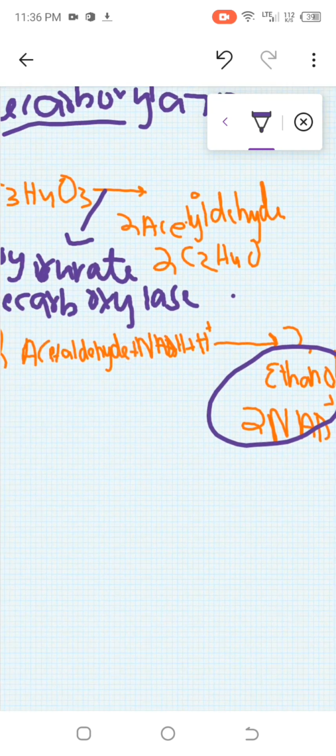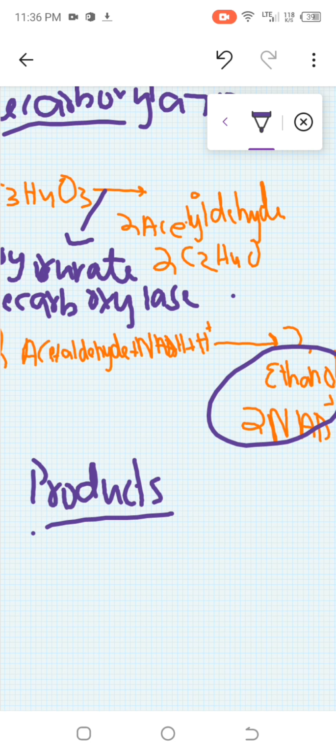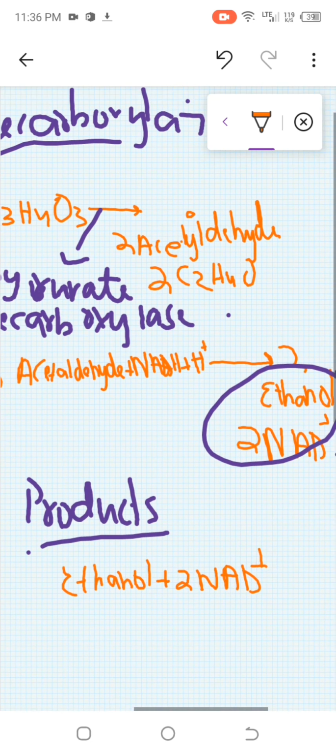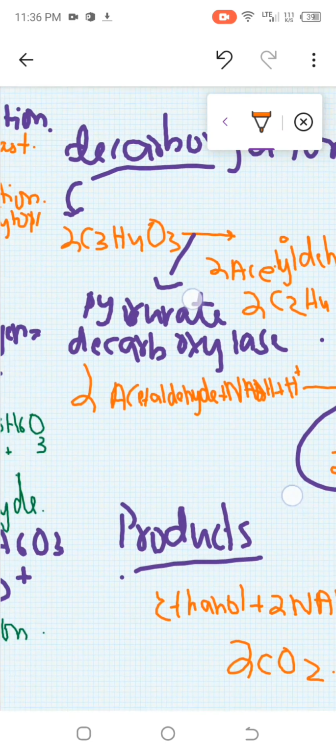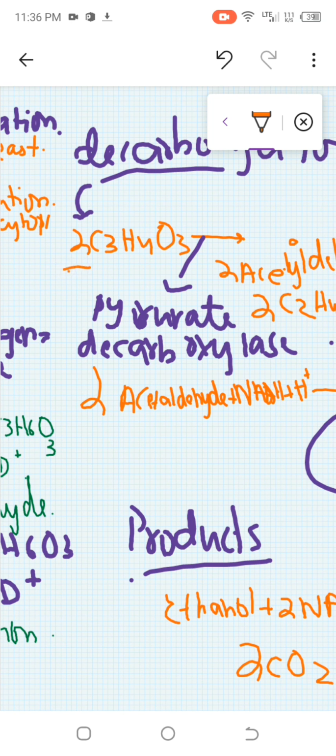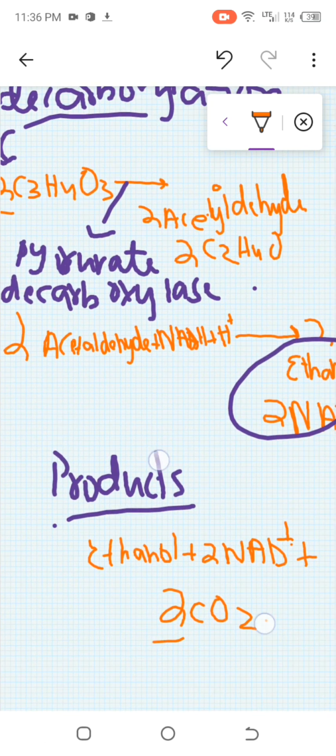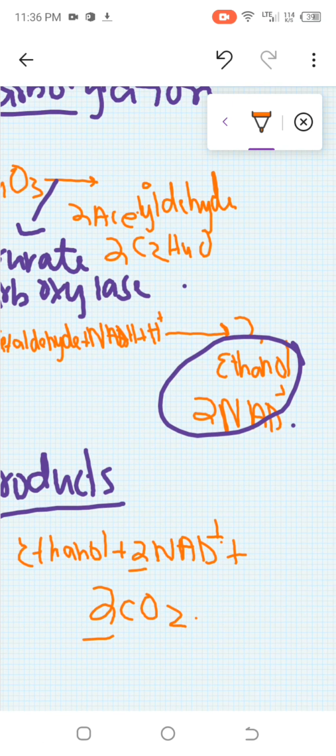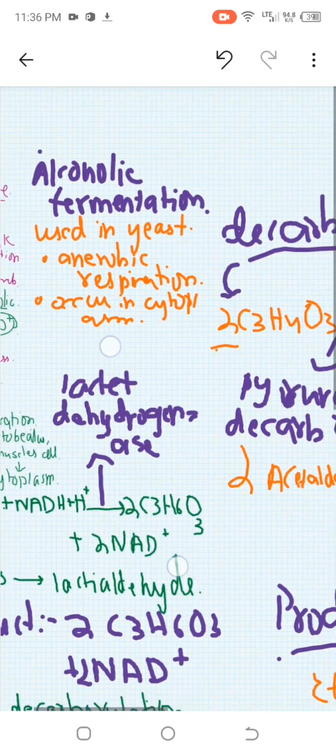Now let's talk about the products we get: ethanol, plus 2 NAD plus, and 2 molecules of CO2. Why 2? Because here we have 2 molecules of pyruvate. I hope this is clear to you guys. In the next video we're going to discuss further more about